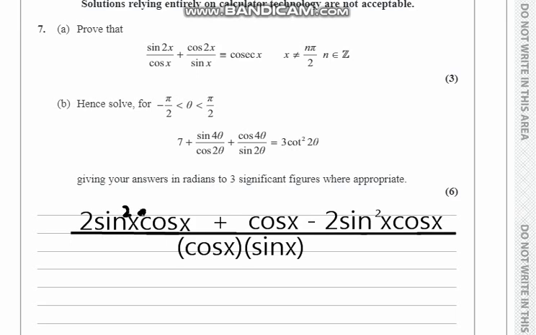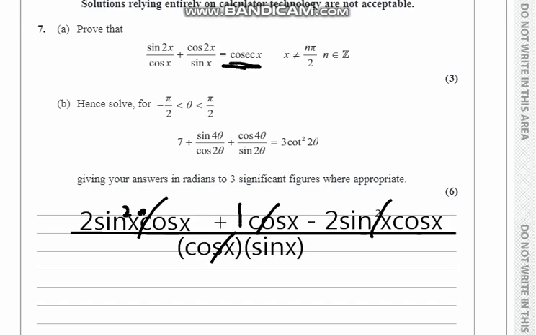Now if you can see, 2 sin square x cos x is subtracting from the same term here. So why don't we subtract it? When we subtract it, we are left with cos x only, and that's a positive cos x upon cos x sin x. And you can see that cos x and cos x are the same terms, and they're on the opposite side, so we'll cancel them also. So I'll be left with 1 over here, so that's positive 1 upon sin x. And earlier I told you that 1 upon sin x is cosec x. So there you go, I proved it, that sin 2x upon cos x plus cos 2x upon sin x is definitely equal to cosec x. And we are done with part A.